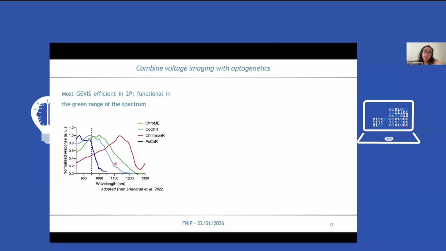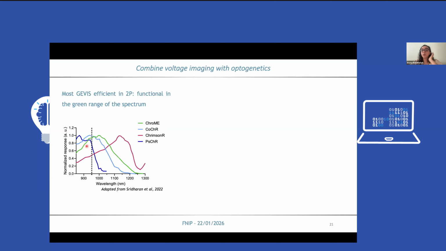And so we have spent a lot of time testing different combinations of opsin, of indicators, trying fast or slower opsins as well. But we could not manage to get a crosstalk-free combination where we would not activate the opsin when imaging. And after a while, we realized that this could actually be somehow super useful for our connectivity mapping, because as I was saying to you at the beginning, we also want to know exactly what we are doing to the presynaptic cells.